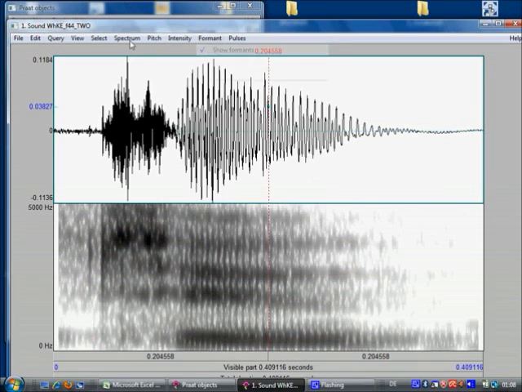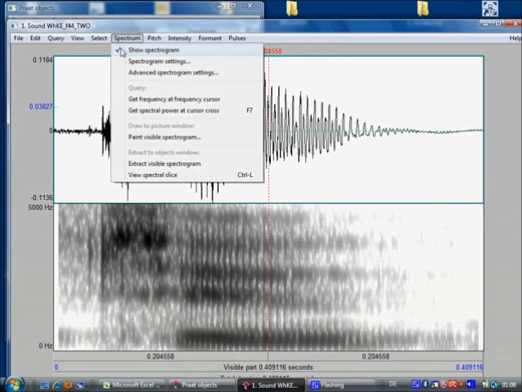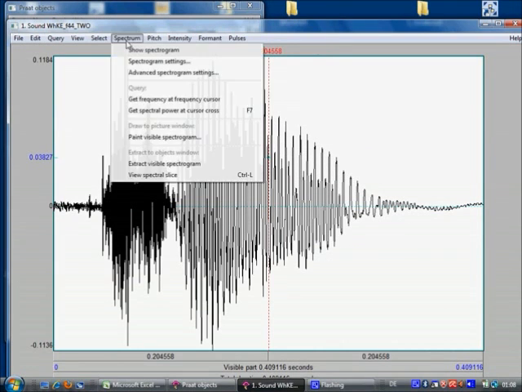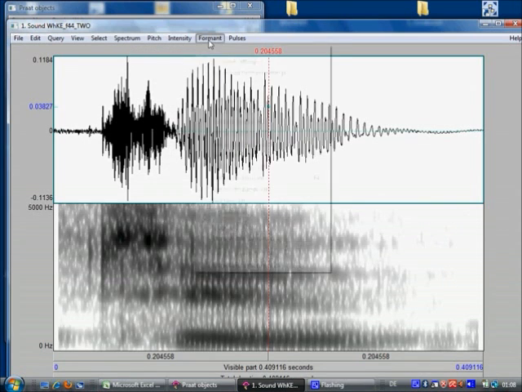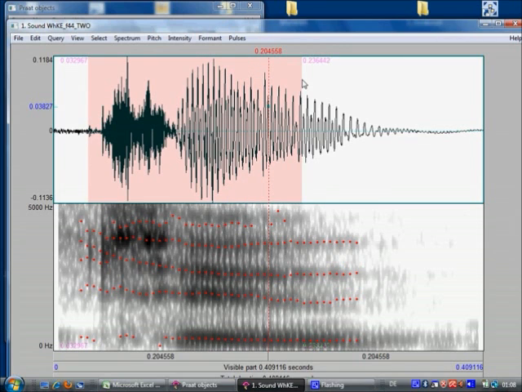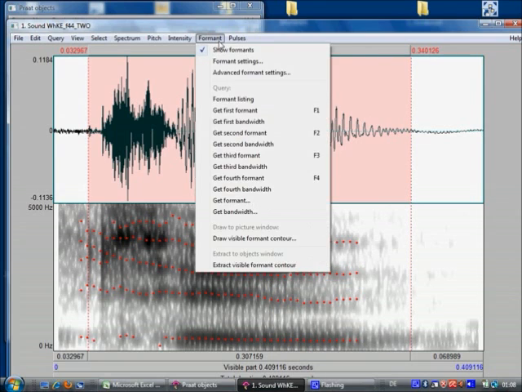If you don't see the formants or the spectrum, remember that you can click on spectrum, show spectrum, formant, show formants, and then you will get this picture. If I press the left mouse button and scroll over the text, then you will hear that the lady says 2. Furthermore, with respect to formant settings,